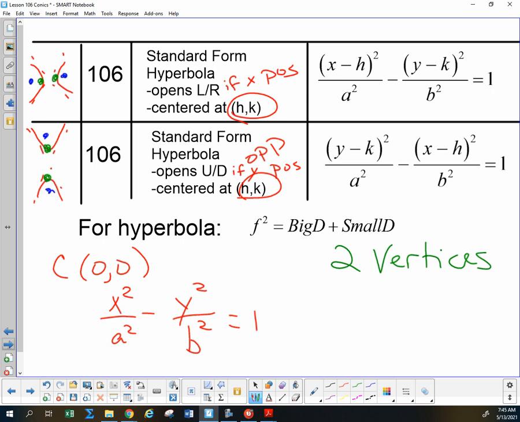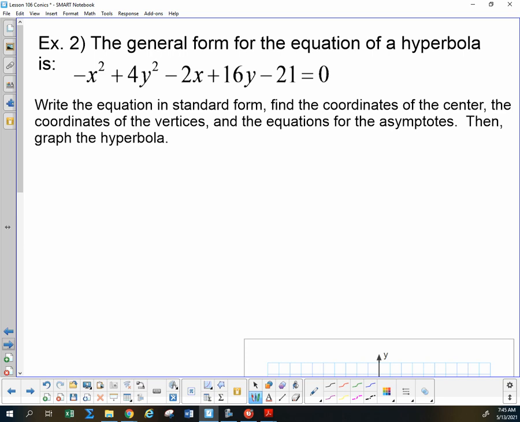So we're just going to work on the basic way of going from the general form to the standard form so that we can graph a hyperbola. So let's give it a try on our one example. So, general form of that, do you agree from what we just said that it needs to be a hyperbola? For x squared and y squared, one's positive and one's negative. So we think it's a hyperbola. Can you tell me right now, well maybe not right now because it would depend on what you got over on the other side. So let's go ahead and get that into standard form so we can figure out what